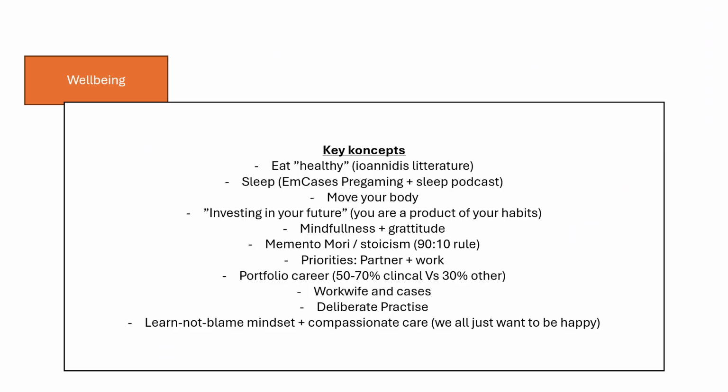I'll just give you some key concepts, right? A lot of these are just really basic, but it's eat healthy. And what is healthy? I mean, it's vegetables. It's very basic, neurosciency and TikToky. You can get into a lot of rabbit holes when it comes to food and nutrition theory and so on. If you look at lectures from John Ioannidis, and his look on especially the food literature, it's just so